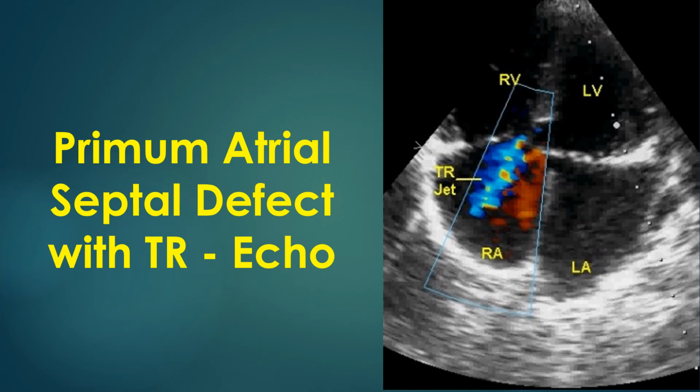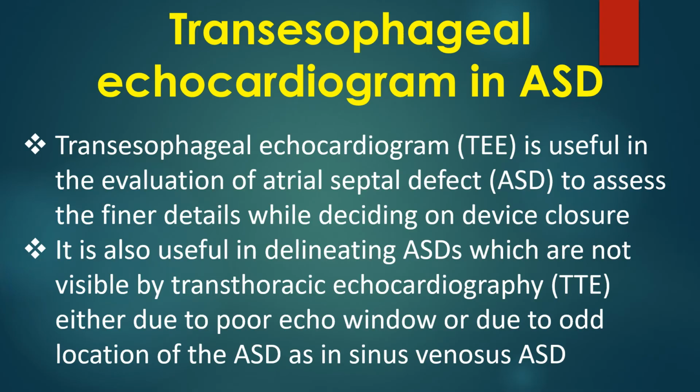Apical 4-chamber view showing tricuspid regurgitation in primum ASD. The bluish mosaic colored jet is due to the blood flowing away from the transducer in systole. The mosaic indicates turbulent flow with aliasing since the velocity is above the Nyquist limit of the color Doppler system. Nyquist limit is the maximum velocity which can be imaged by a particular system and is half of the pulse repetition frequency.